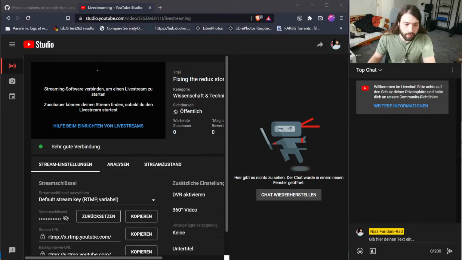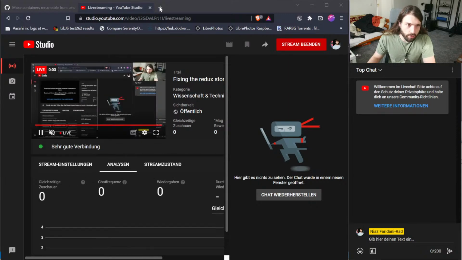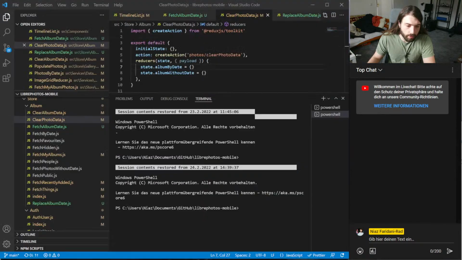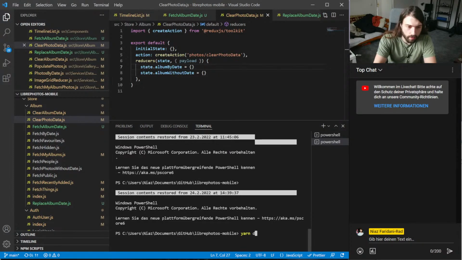Today we're going to continue to work on fixing the React Native app. Last time we had a couple of issues with the redux store, if I remember right. So I don't need that any longer. So we're just going to continue to work on that. So, right, let's get our error. And then let's see if we can fix that.